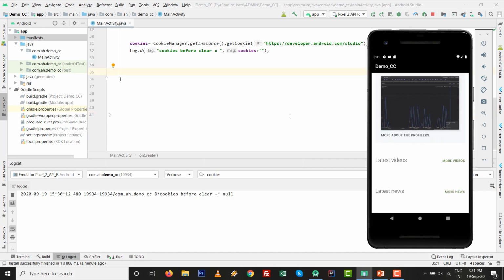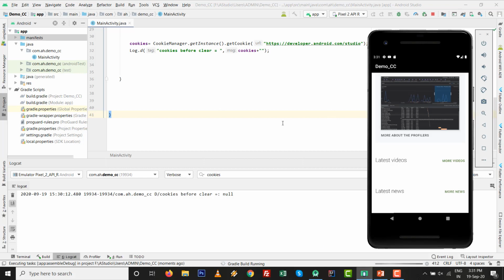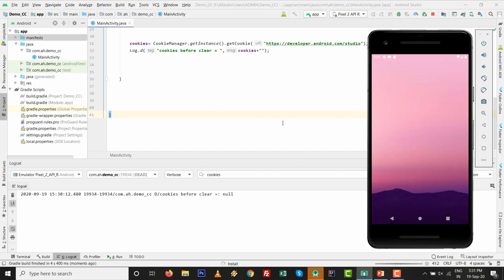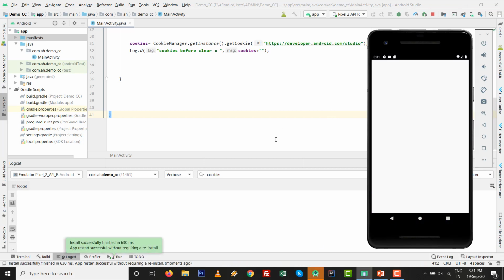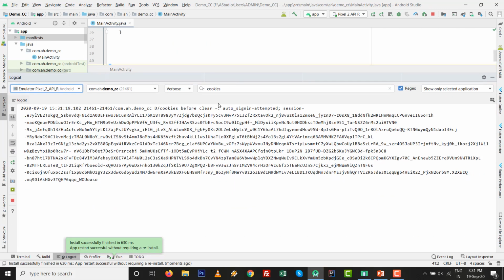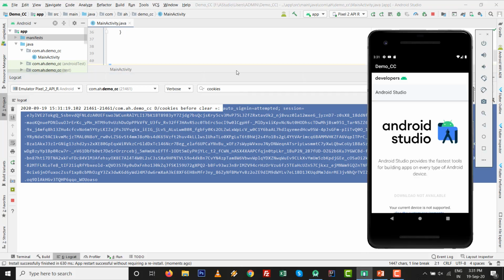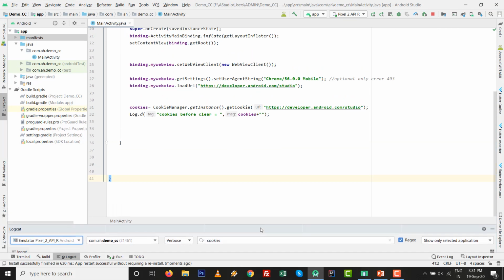On the second time run, we will not get this null value. So press Shift F10, and let's see. On the second time run of this project, we will get the values instead of null. So just mind well, see this one, the cookies. Over here we can see how to watch whatever the cookies are stored for this particular site. So in our particular program, we need to resolve or clear the cookies.